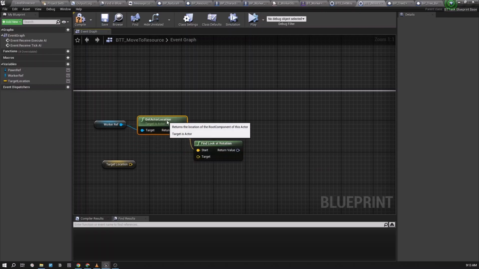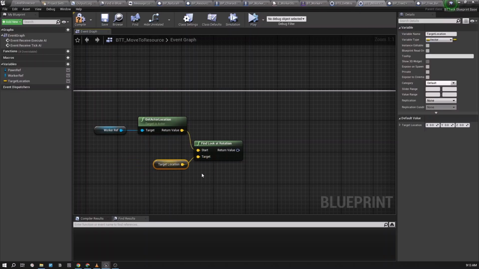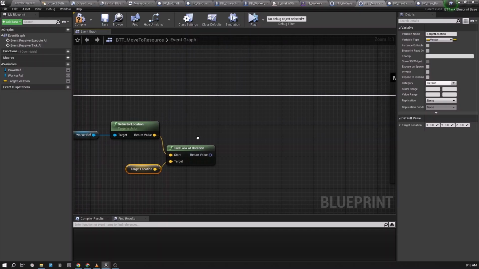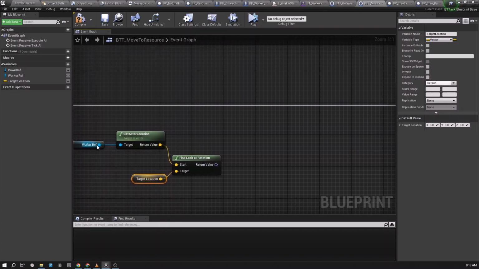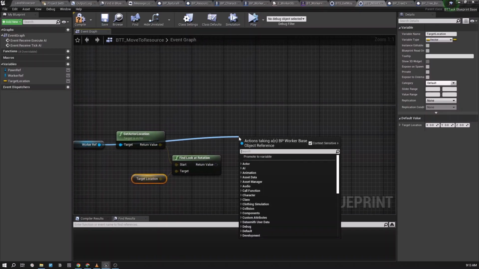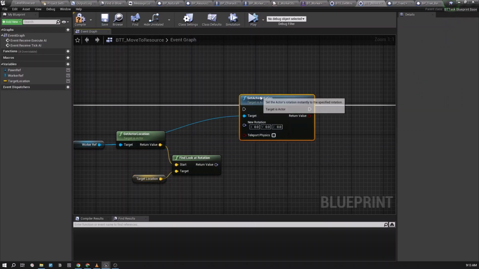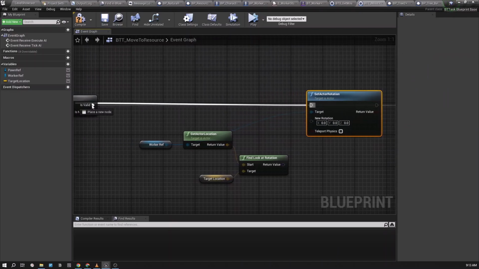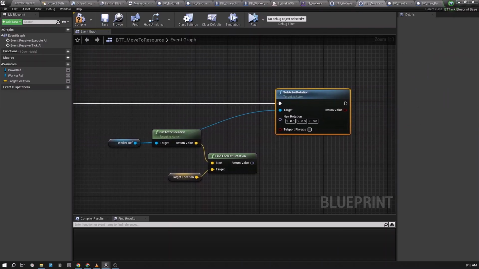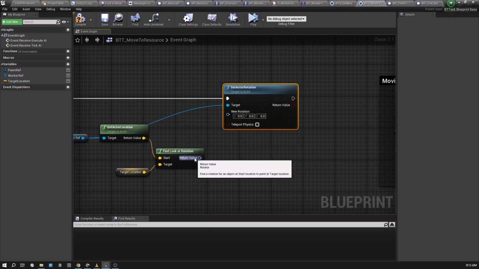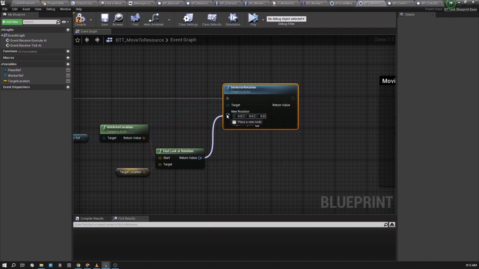So our start point is our worker and our target point is our target location, which is the location that we need to move our character to. And then we can set actor rotation based on this value,